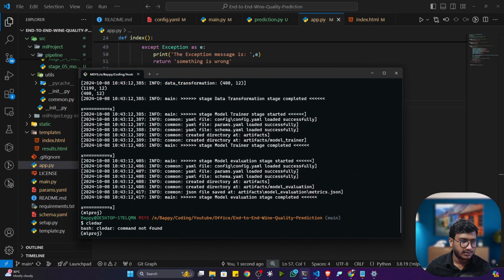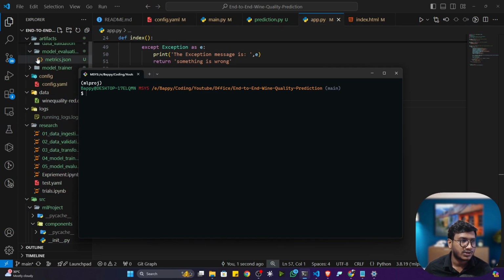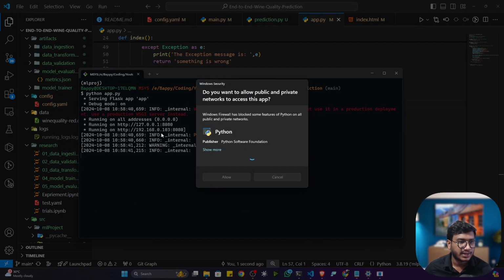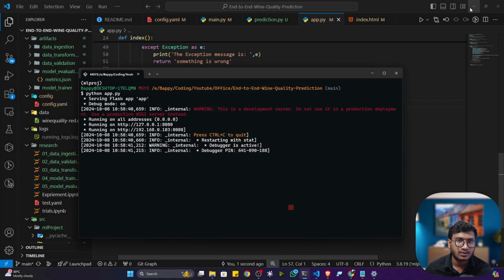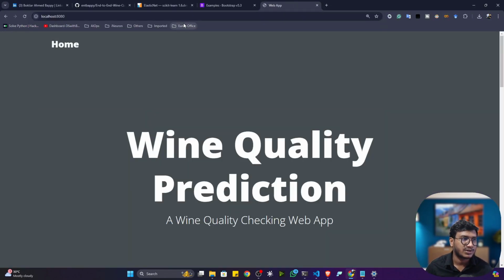Let me clear. Make sure first of all you train the model. The model should be present inside artifact, otherwise you won't be able to do the prediction. For me, I already have the model, so I'll just write python app.py. Now give the allow permission. Now see, your application is running. Open Google Chrome and search for localhost port number 8080. See,